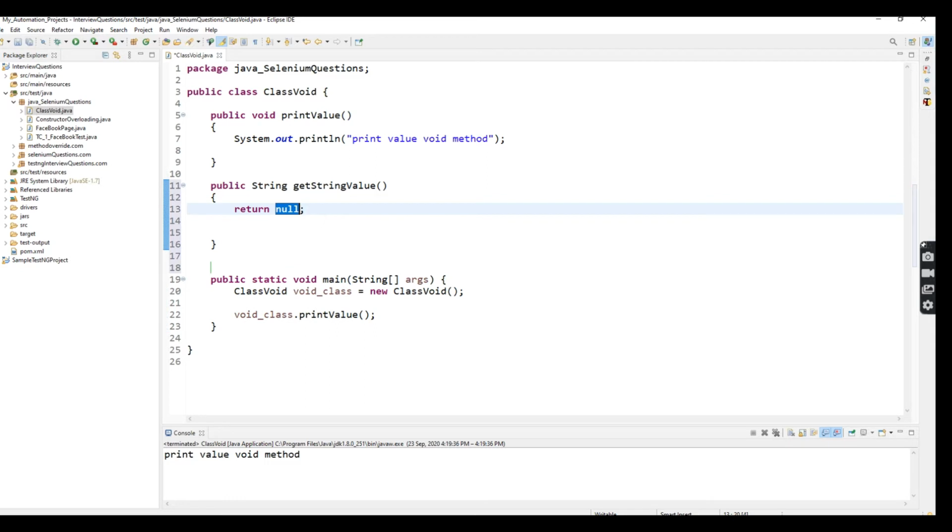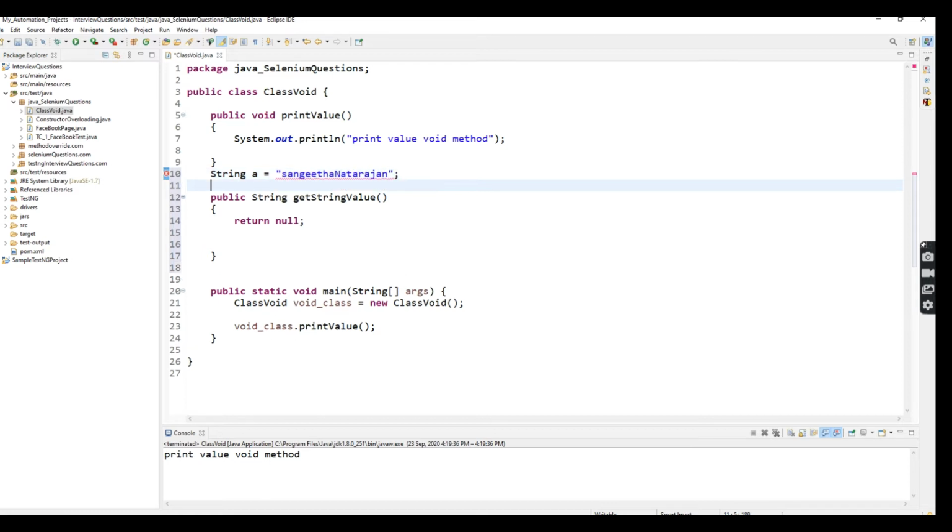I'm adding return, but it would return null, but I want to return a string value. So string a equals, I gave one value, Sangeeta Natarachan. I just gave this name here. Now I'm going to return this string value. Here I'm going to put a. So this is the string one.